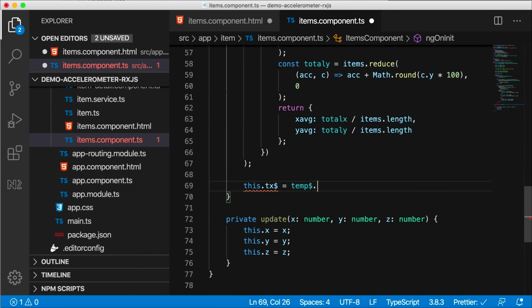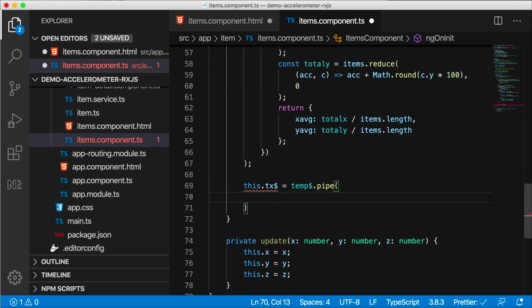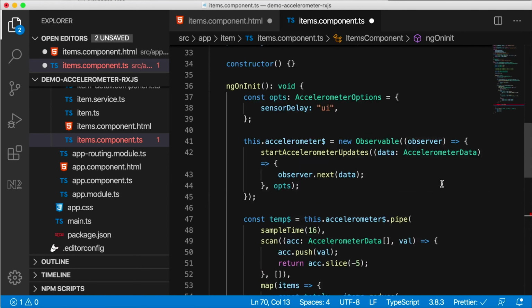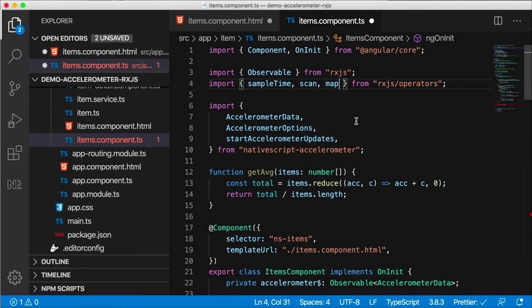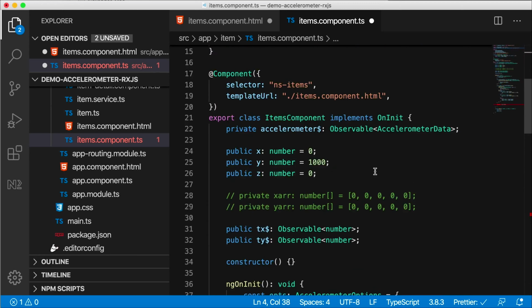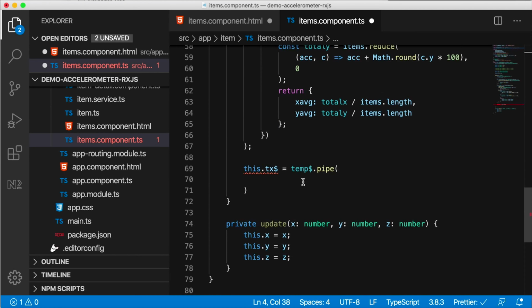Temp $.pipe, we can further process it even more. So this temp has X average and Y average. We only want the X average here. How do we do that with RxJS? Well, it comes with a special operator again called pluck. The pluck operator is going to allow us to only take the X average property from here. So we're going to pipe this to the pluck property, and we want the XAVG as